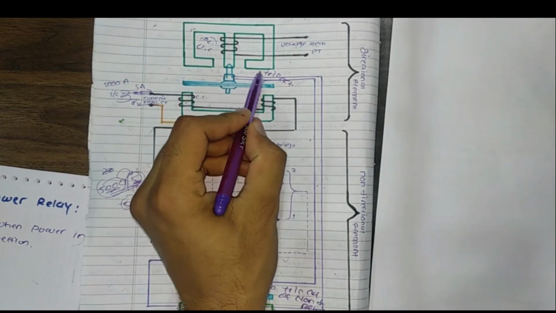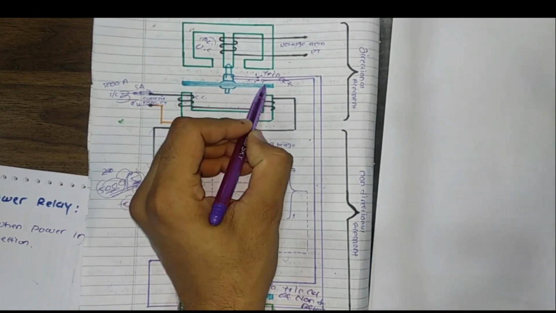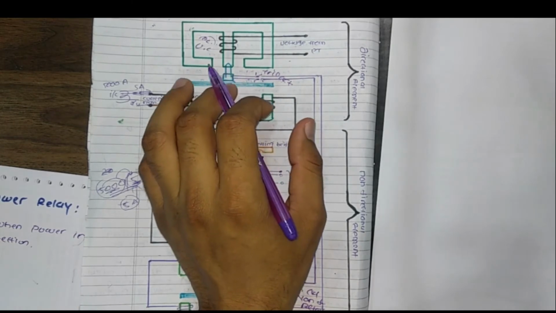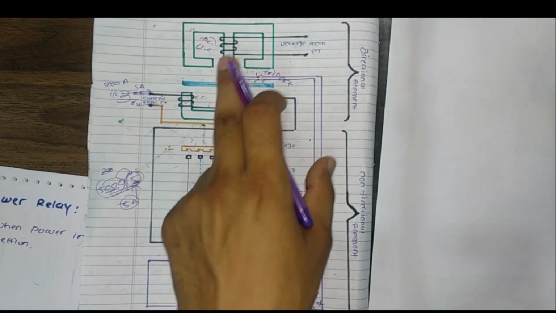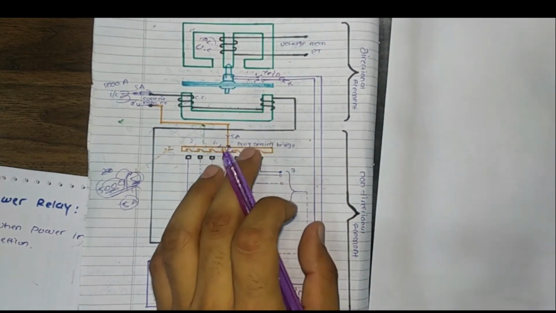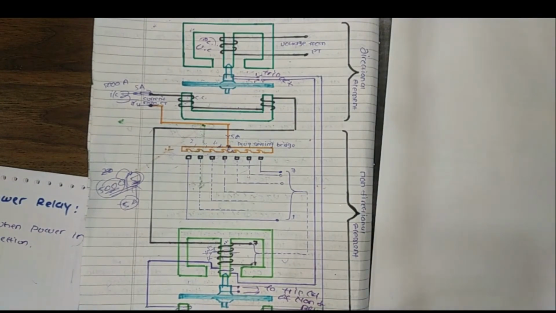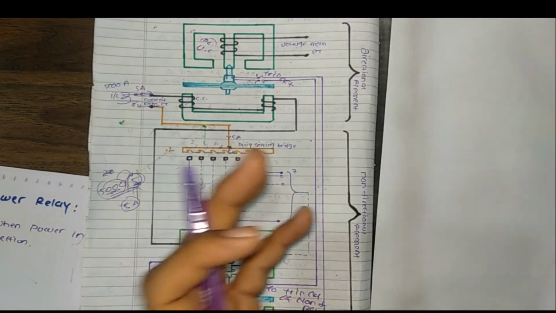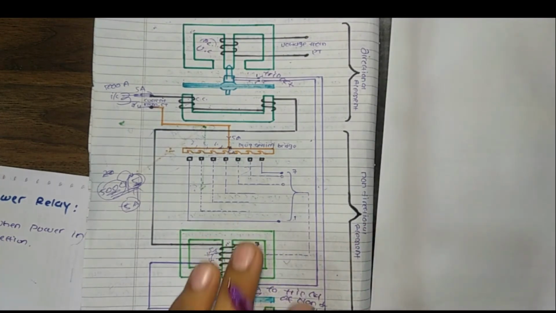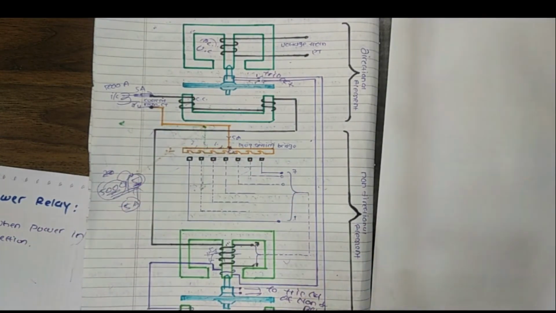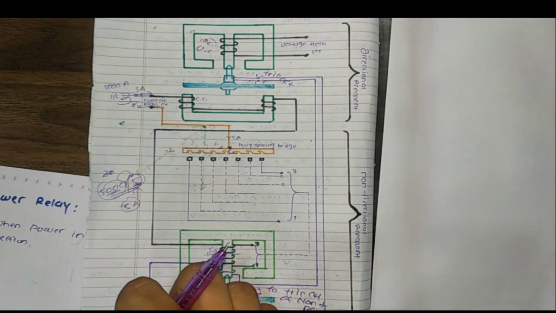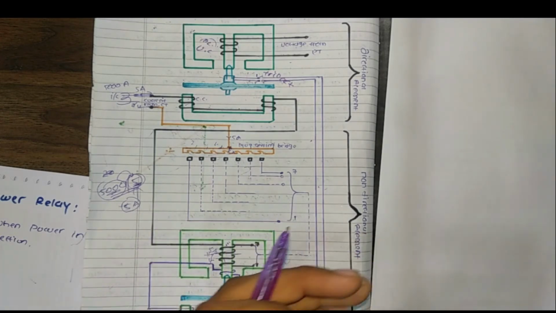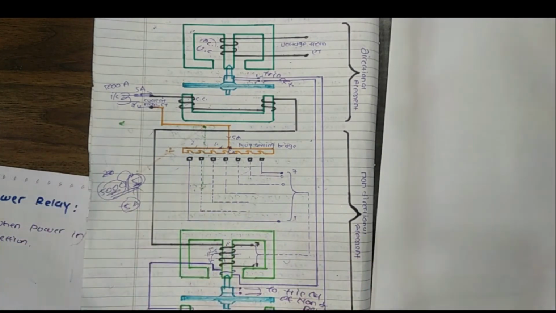This is contact 1 and 1 dash, the trip circuit gets closed. And note that the design of the directional element is such that it is very sensitive, and though the voltage falls under short circuit, the current coil is responsible to produce sufficient torque to have a disc rotation. Fine, so it is so sensitive that it can operate even at 2% of power flow in the reverse direction. So if there is a power reversal of only 2%, the disc is so sensitive that it can operate even at 2% of the power that is flowing in the reverse direction.